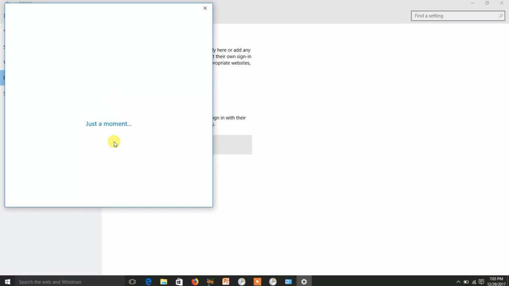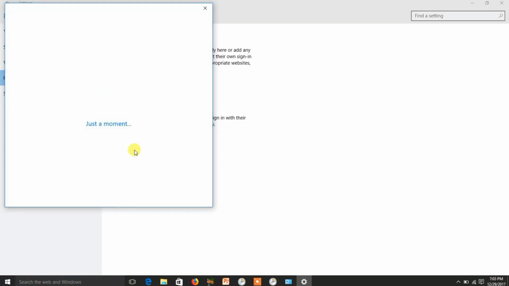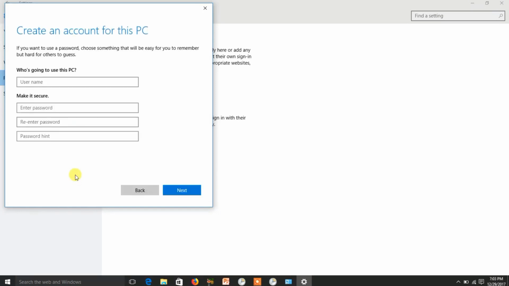It is loading. Okay. So I don't have this person's sign-in information. Just a moment. So now click on it, add a user without a Microsoft account. Now just fill in the information and click next. That's how a user account without admin rights will be created, and now you have to use that.